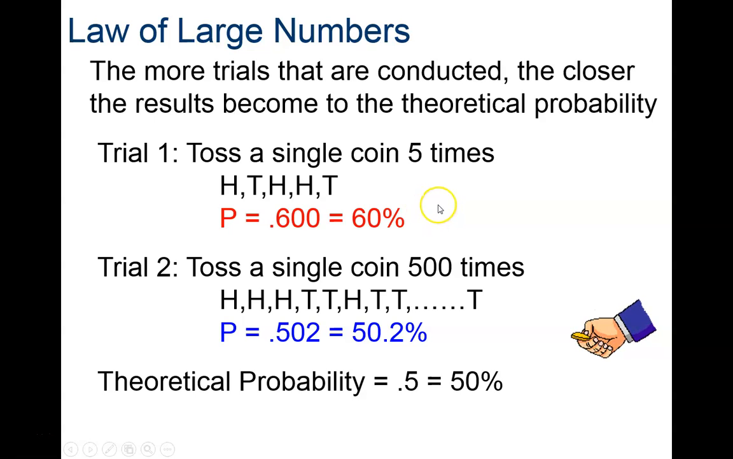But what you find out is that the more times you conduct this experiment and keep track of your results, the closer and closer it's going to get to that theoretical probability. So if you flip that coin 500 times and you want to know how many times it's going to land on heads, you calculate the relative frequency, and it's going to be pretty close to 50%. So anyway,